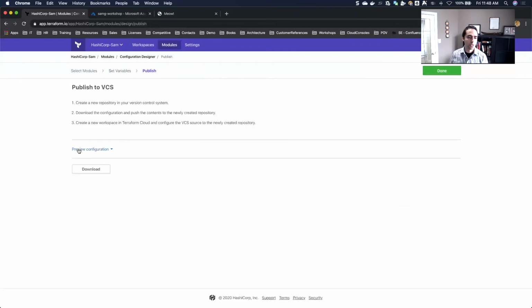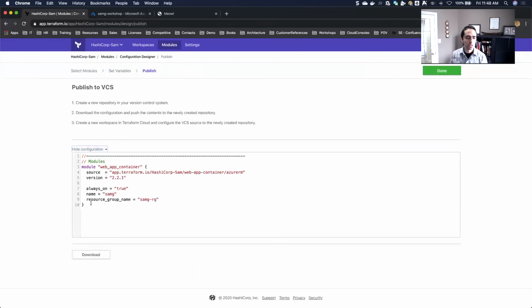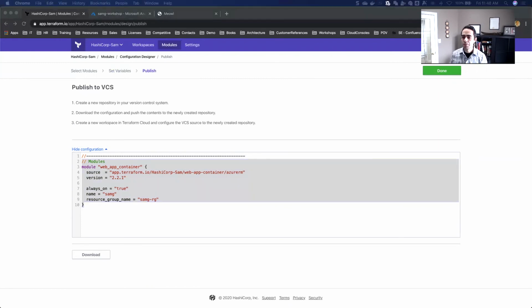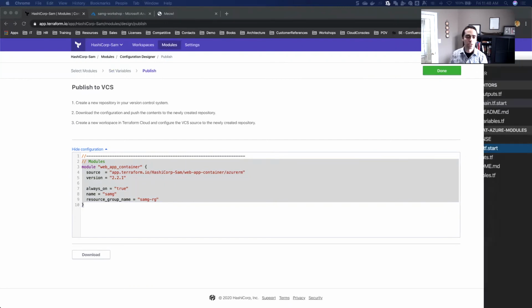And from here, you get a preview configuration that you can take this module's configuration directly and use in your code. So if I pull this really quickly here,